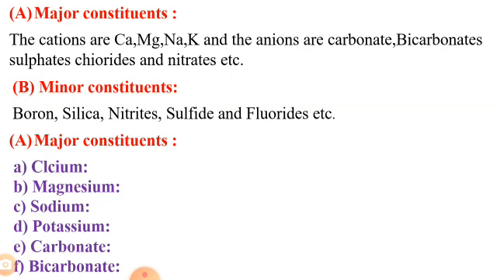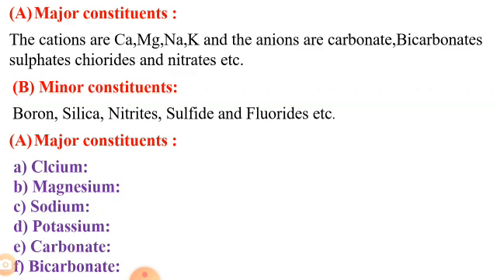Okay, so the next constituent is magnesium. Symbol is Mg. Seawater and mineral springs contain a high concentration of magnesium. Natural water also contains some magnesium, or traces of magnesium.